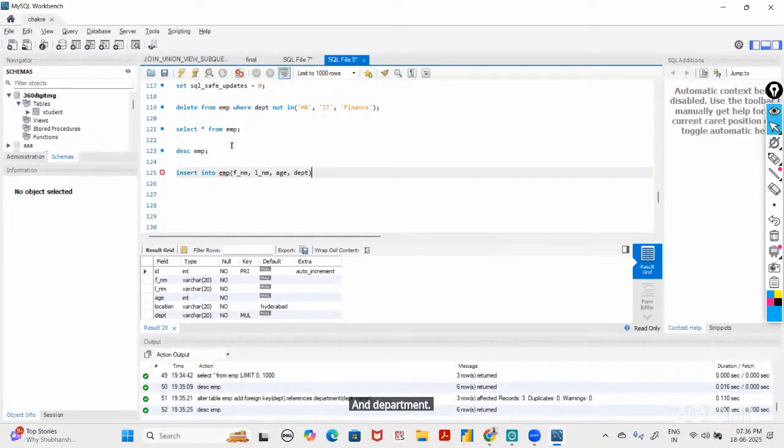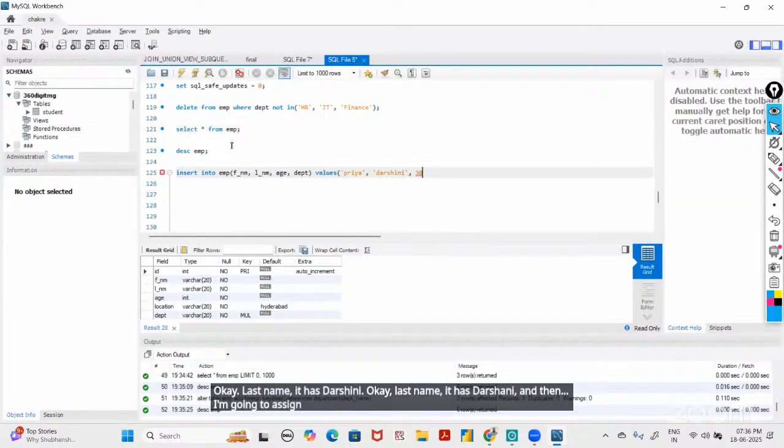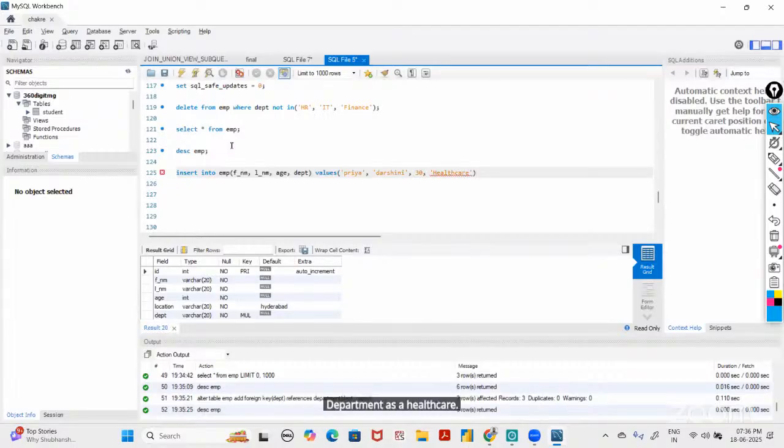Okay. And I'm going to assign values over here. In that, I'm going to mention records like first name, it has Priya. Last name, it has Darshini. And then I'm going to assign an age as 30 and along with that department as healthcare. Once I execute that,